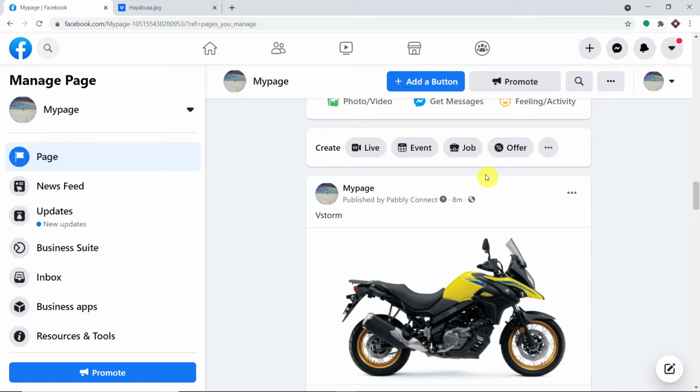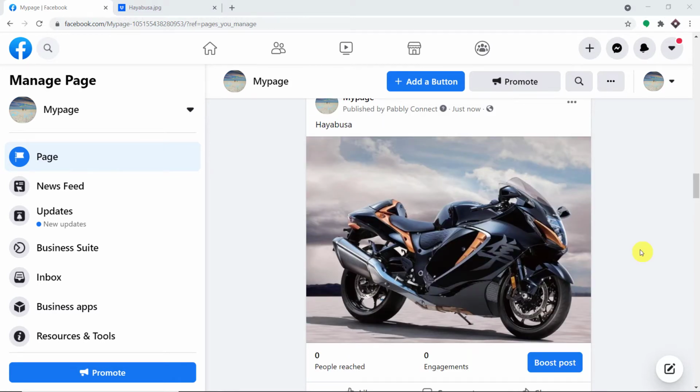So there is something I have to tell you. Dropbox actually takes an appreciable amount of time to send the data. So maybe, just maybe, you may have to wait 5 or 6 minutes before you get your image on Facebook. So just bear with me. I'm going to pause it for 2 or 3 minutes or maybe 5 minutes, and when the image arrives, I will show you the image.